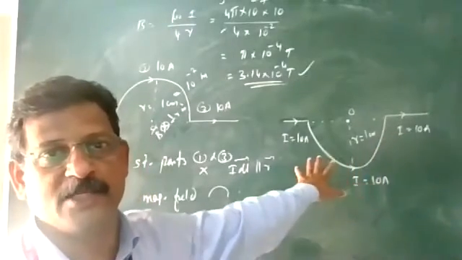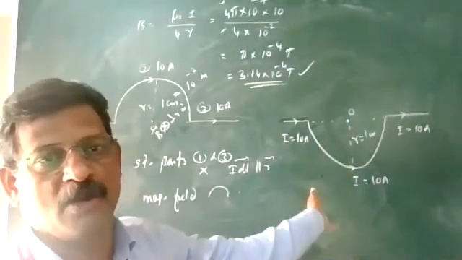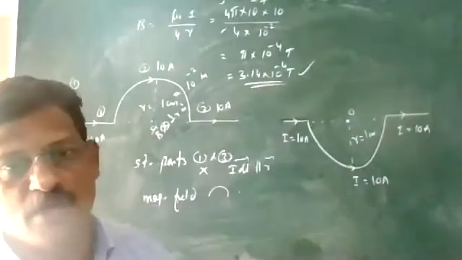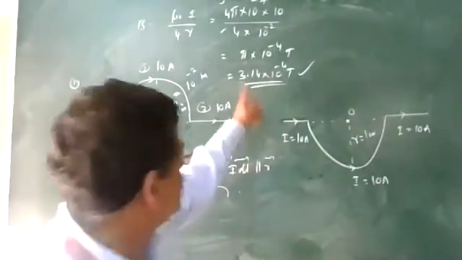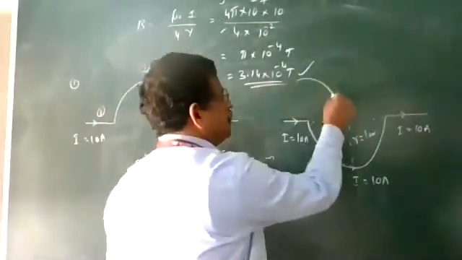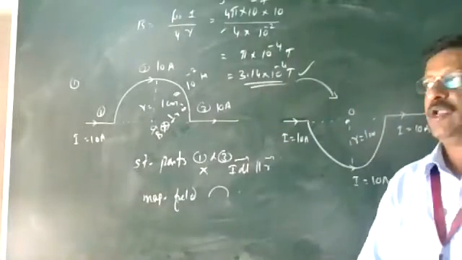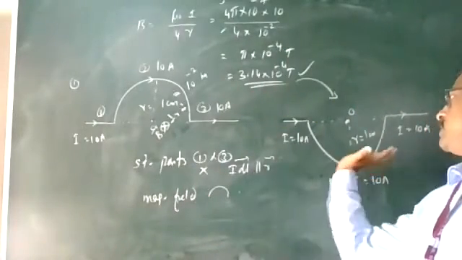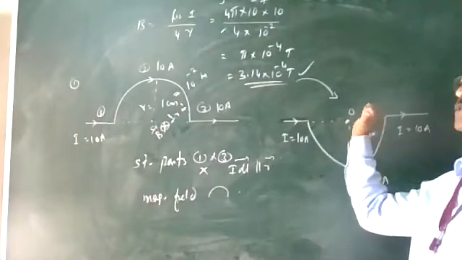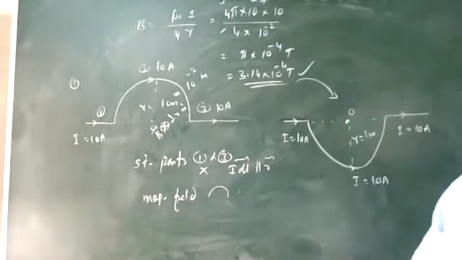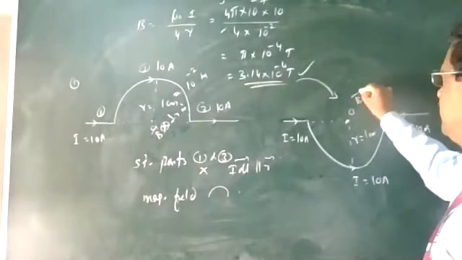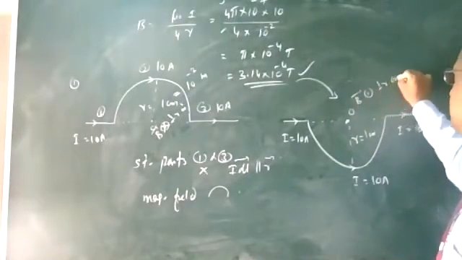The same material is going there. There is no change. Only it is reversed. Magnetic field value is the same. What is the direction of magnetic field at the point? Only the change is the direction of magnetic field. Curvature of the fingers is going like this. Thumb is perpendicular directed outward. So magnetic field here it will be perpendicular directed out.